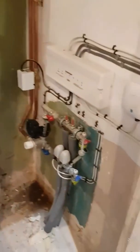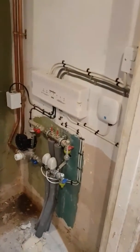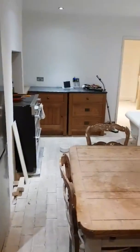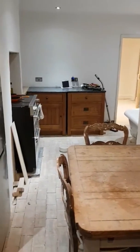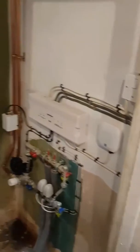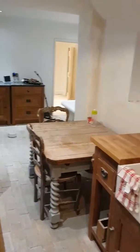So underfloor heating's all in now, all runs, all works. It's controlled by the thermostat, so we've got one thermostat in the kitchen, one in the front room, and two different zones, so you can set the temperatures independently. And then we have a third thermostat for the radiators upstairs. So everything's working. We had it all working yesterday. So we've got hot water, and we've got nice warm toasty bricks as well, which is nice. So moving into